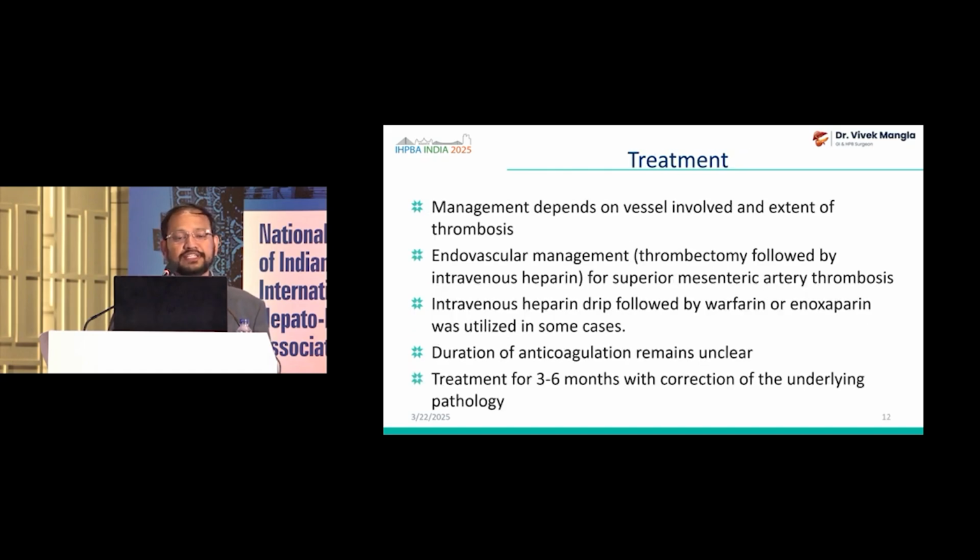Coming to treatment, as already discussed, management depends on the vessel involved and the extent of thrombosis. Most often you would try endovascular management, try with IV heparin. Low molecular weight heparin generally works fine. You can stop that for 12 hours and go ahead and operate on the patient if need be. However, how long to give that anticoagulation remains very unclear. And the most important thing is, if you've got infected necrosis there, then it probably makes good sense to try to